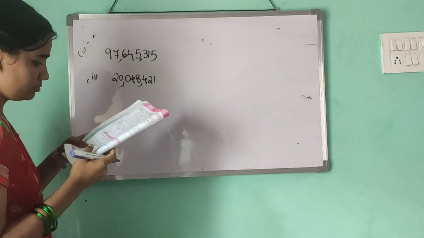Coming to the international system, how can we write here? You already know how to put the commas in the given number. How can we put them after every 3 digits? Here in the Indian system it is 12 crores, right? 10 crores. But in the international system, 1 crore equals 10 million, 10 lakhs equals 1 million, 10 crores equals 100 million. So here